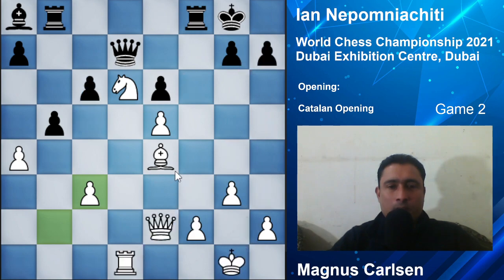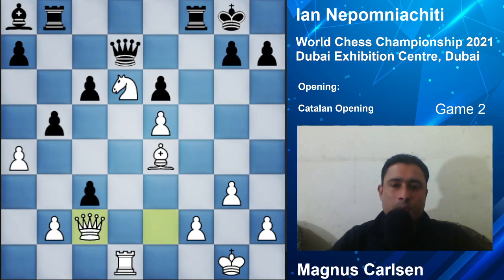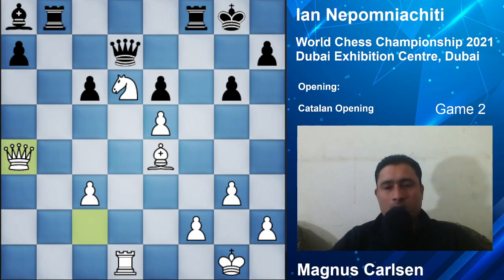Second option, for example, if Magnus goes for b into c3, would be a better move order, I think, because after b into a4, queen c2 now, g6 transposes back to the same game. But black did not have a chance of playing queen g7 over here immediately. So after queen c2, Nepo opted for g6, b into c3, into a4, queen into a4. Now black is the side to be careful,